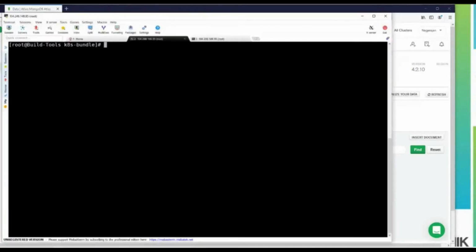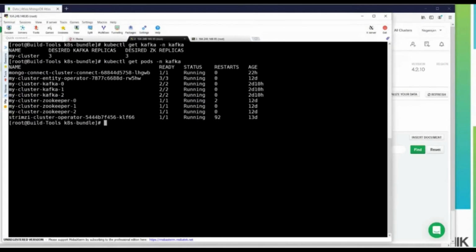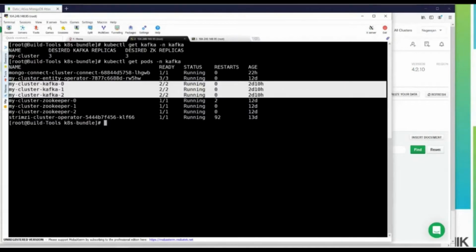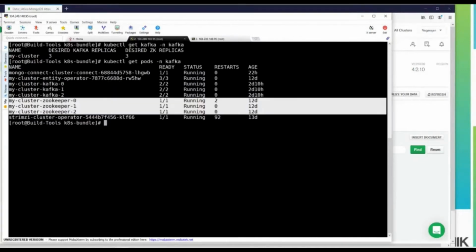On the other side, on the Kubernetes cluster, I have pods and MongoDB connectors running. Let me quickly show the pod details. We have deployed 3 Kafka broker pods and 3 Zookeeper pods for high availability.